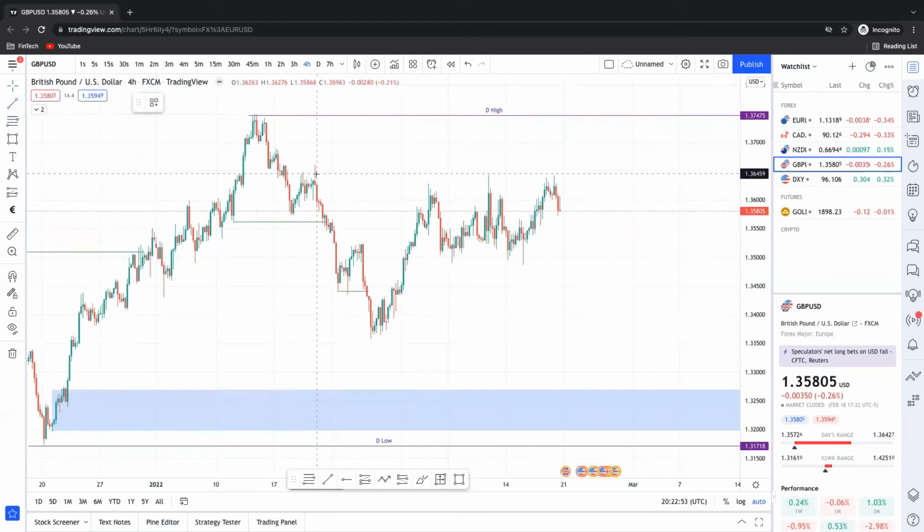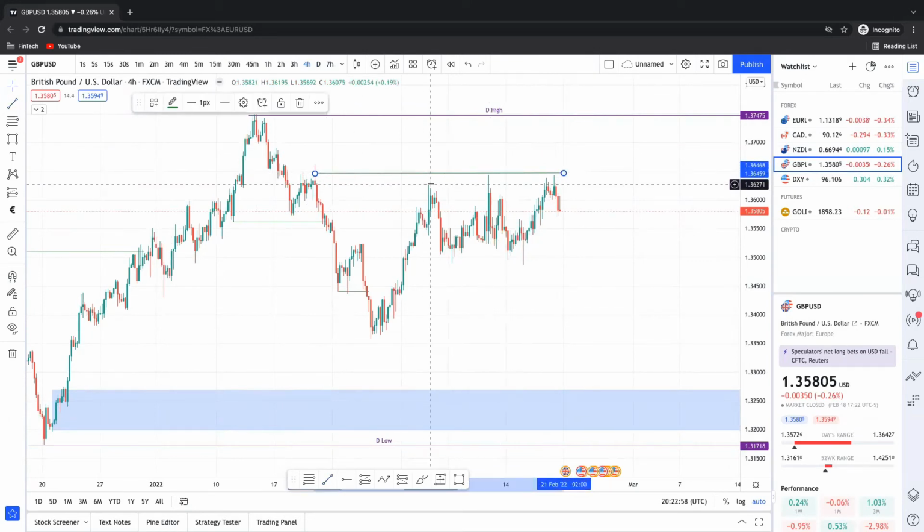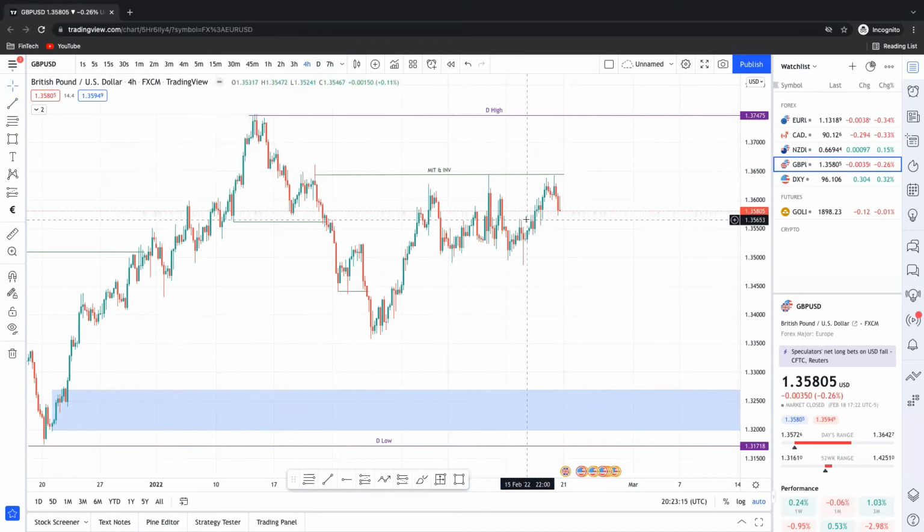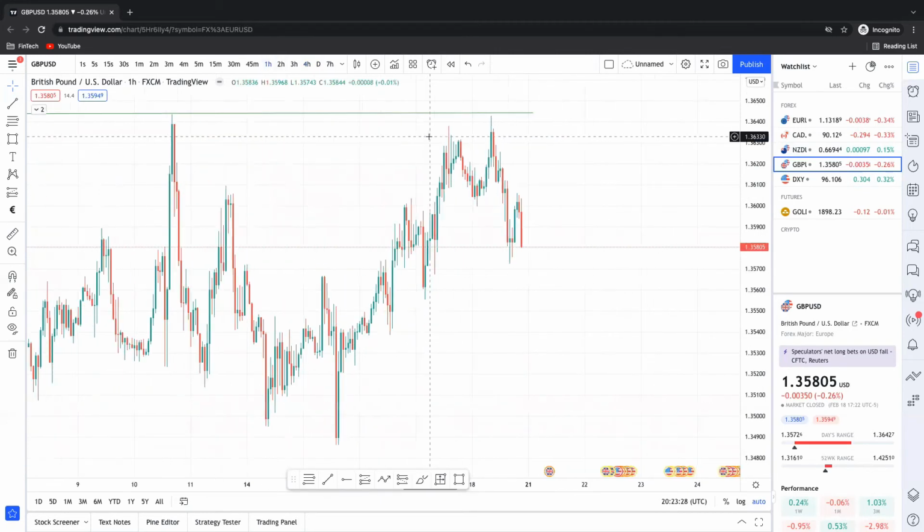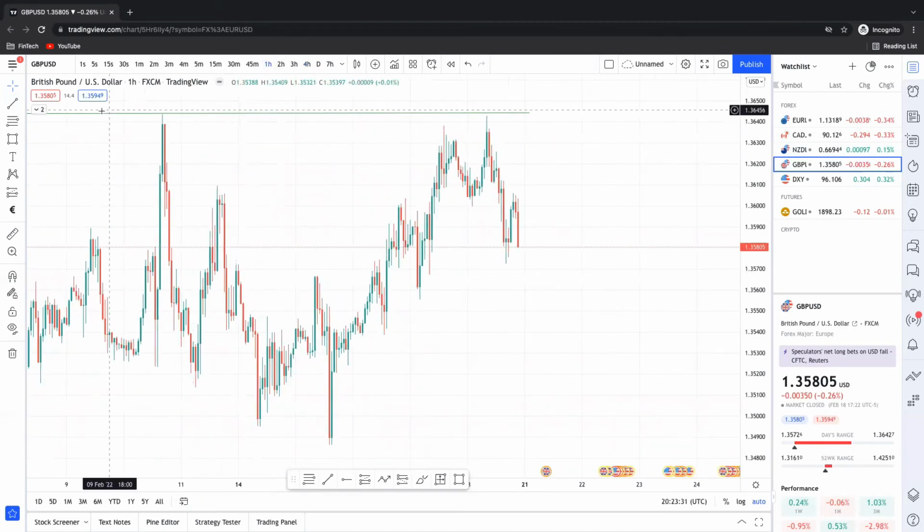My only worry is it's tapping a number of times, like 1, 2, 3 times. It is tapped here, it came back here, and it's coming back again here, which signifies to me there's something wrong. I will be cautious to get short unless we get a clear-cut indication that it is going down from here. The price is super efficient up to here. So if it keeps breaking the structure downwards on the 1 hour, I think that will be great for the buy, right?